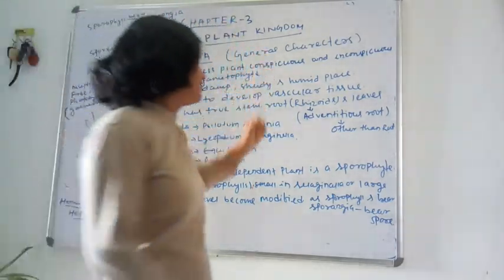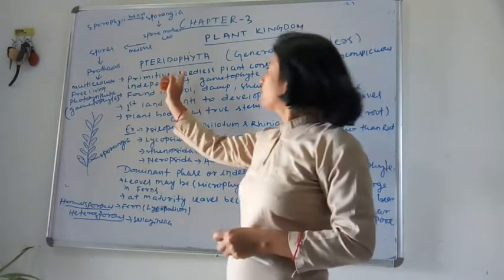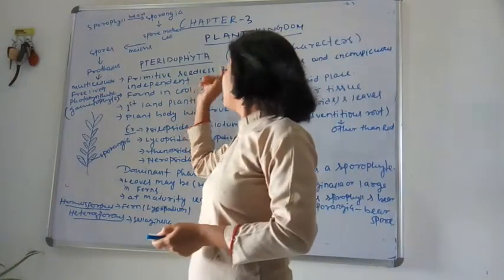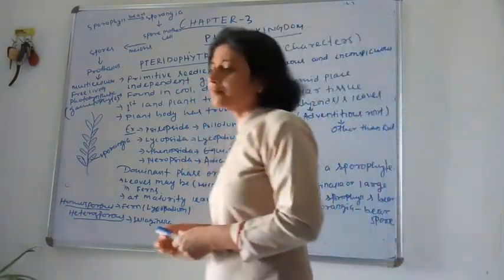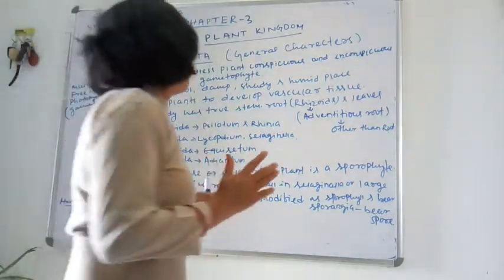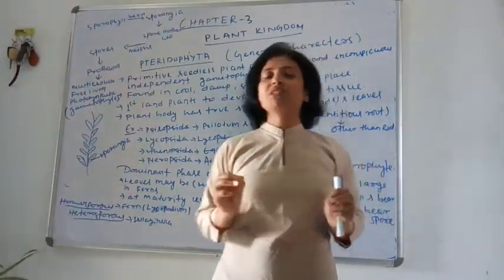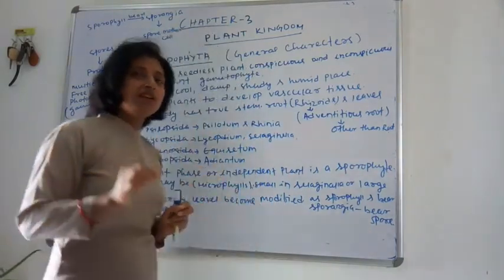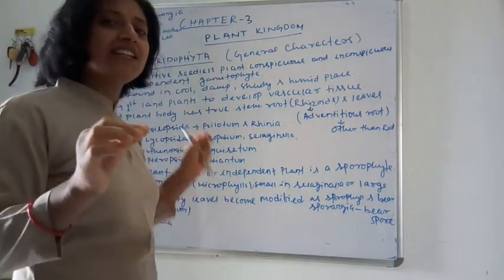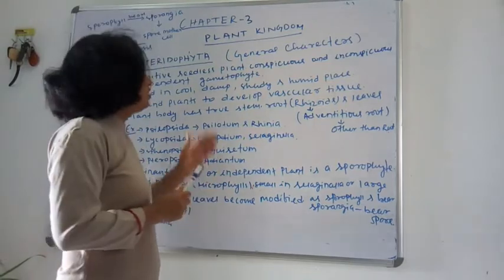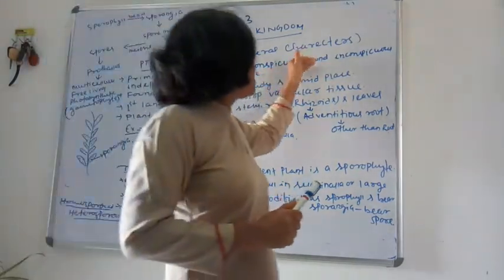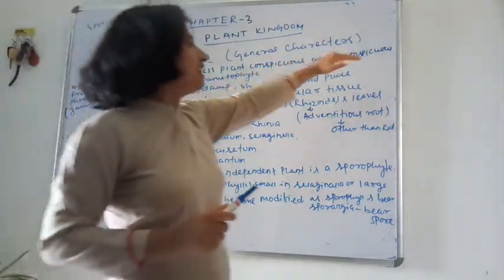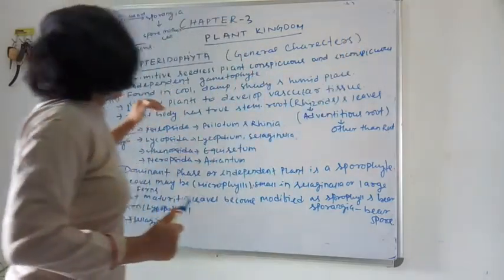Here Pteridophyta shows many differences when compared with algae and Bryophyta. So how is it different? The first difference is that this is a primitive seedless plant, with a conspicuous and inconspicuous, independent gametophyte. What does it mean? It means this is the first primitive seedless plant. It has no seeds, but still it is the precursor, meaning initiator, to the seed plants present on earth. Conspicuous means the visible character which can be seen, and inconspicuous cannot be seen.